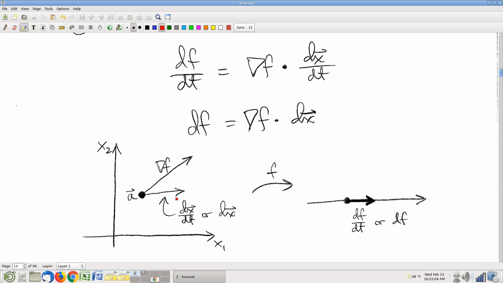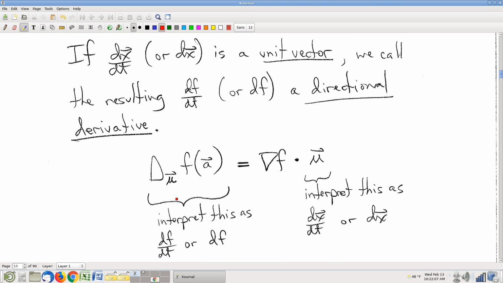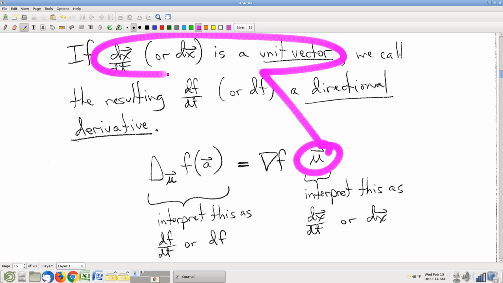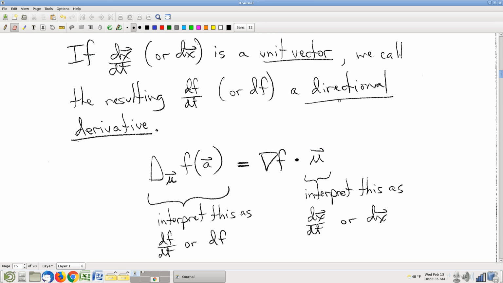Okay, so the idea is to say, well, let's consider the special case where the input velocity is a unit vector. And the idea, again, just as a reminder, we call this a directional derivative because we use unit vectors to represent directions. And you can see the root right there, direction in the term directional derivative. And there are certain advantages to doing this. We started talking about this last time, didn't finish. So anyway, picking up from there,